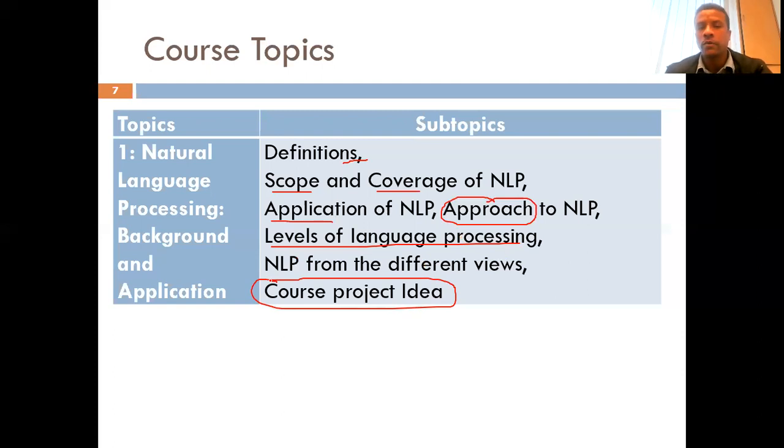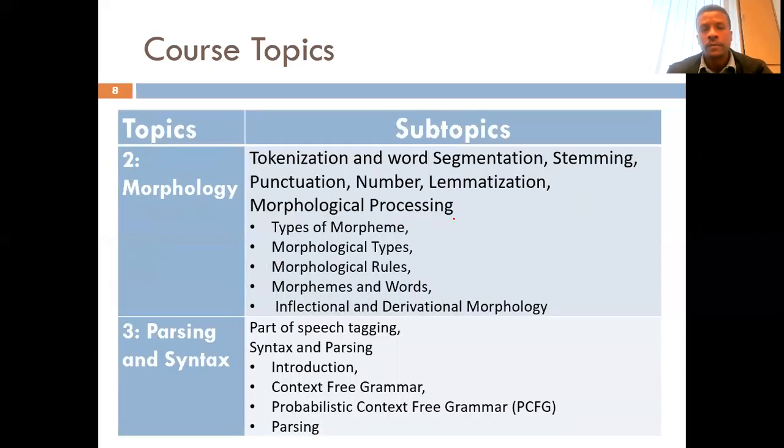Based on the number of students that we have in the class, we'll have groups of 2 or 3 to come up with a project idea. Then finally, you'll be expected to make documentation, implementation, and at the same time, presentation and submission of your course project. So the second chapter, after giving you the bigger picture of what natural language processing is,